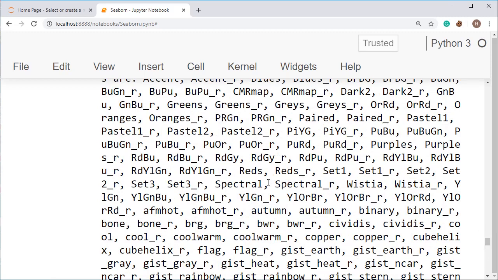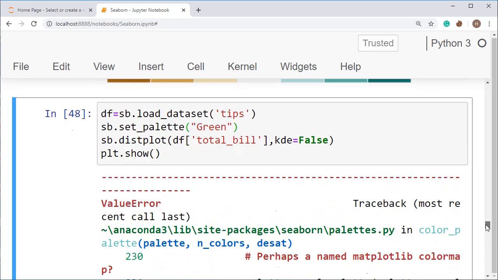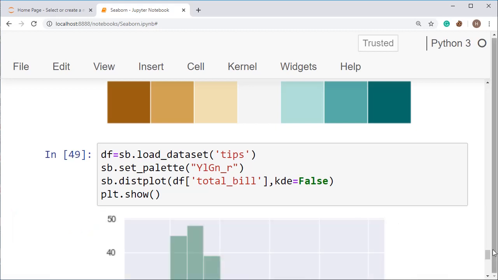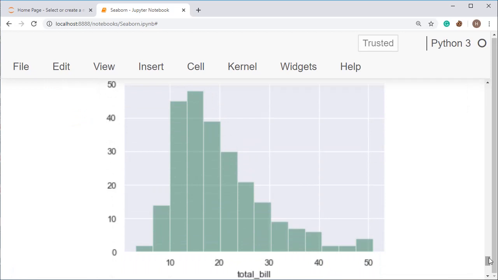Okay, so use yellow, green and red. So this will set a color pattern of yellow, green and red. So I am going to use this, and when we do this, we will get the output like this. All right, in this manner you can set the color palettes also.